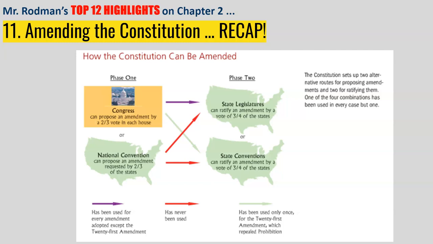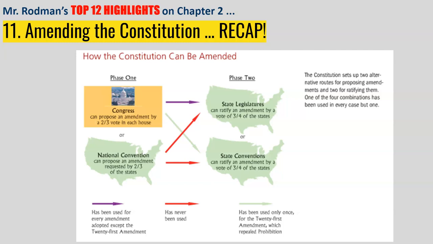You can see that 26 of the 27 times that we have amended the Constitution in 233 years has been through Congress proposing and the state legislatures ratifying or approving that amendment. The only exception was the repeal of prohibition, basically taking back the outlaw of alcohol in the 21st Amendment. That was Congress that proposed that legislation, and it was state conventions that by a 3/4 vote actually repealed it and basically brought back alcohol to the land of the free and home of the brave.